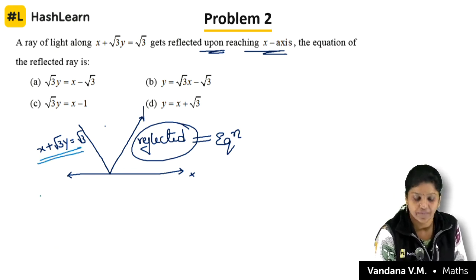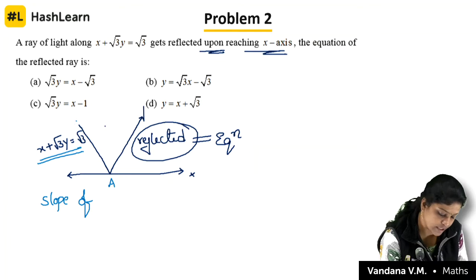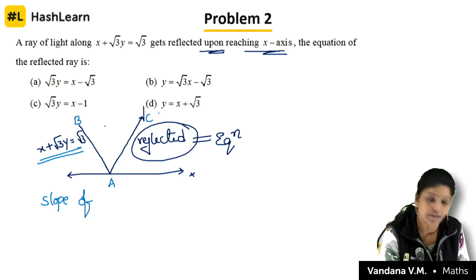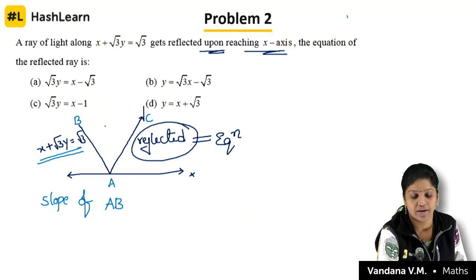Look here. This is the equation. What is the slope? The slope of a ray, or you can take it like this, AB, AC. What is the slope of AB? I told you already, whenever we have AX plus